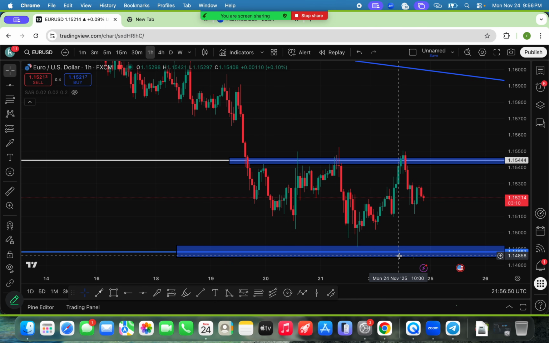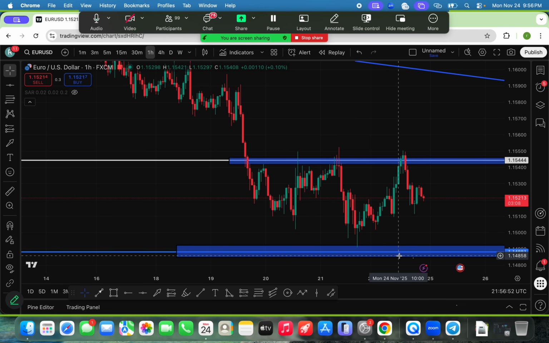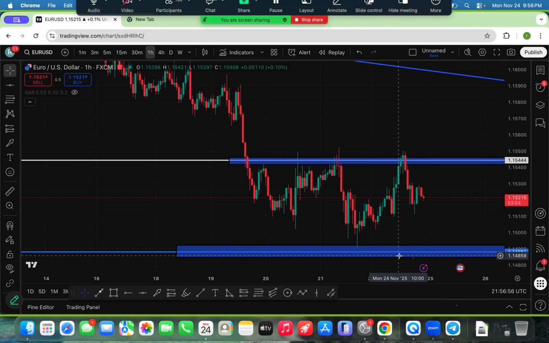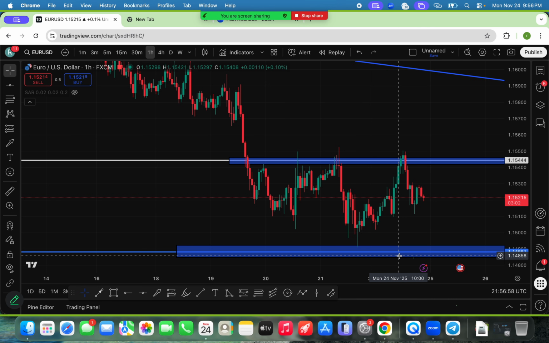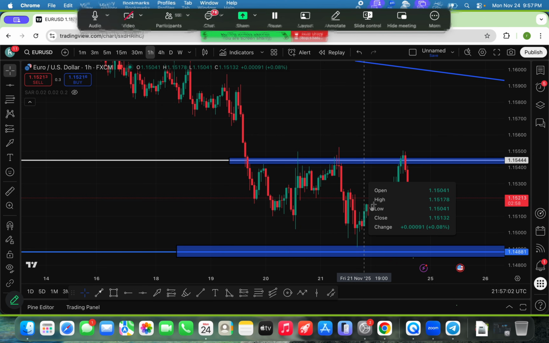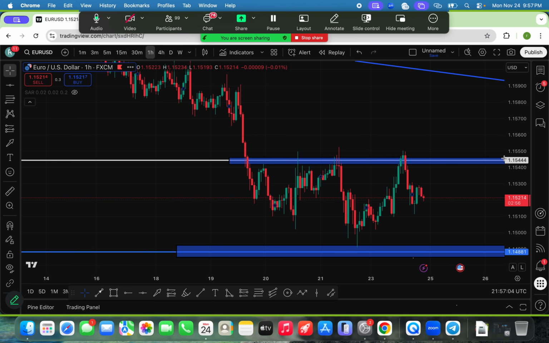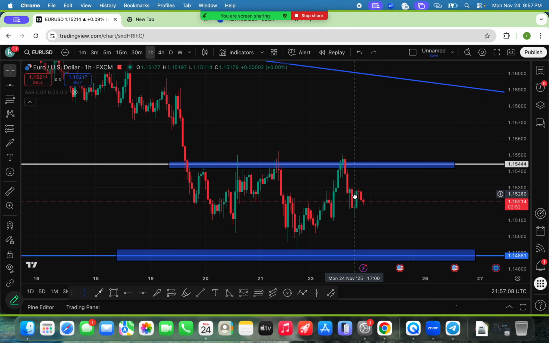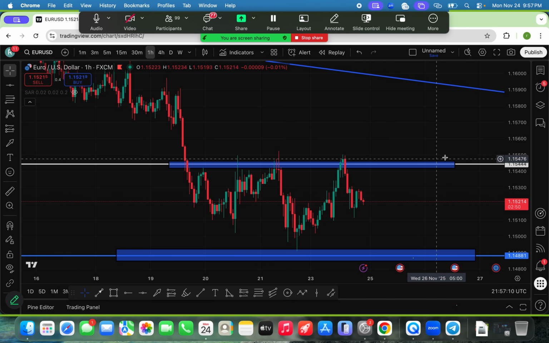Immediately after price breaks a particular place, can we put a pending order there for a retest? You can put a pending order. So me, I don't really like pending orders or whatever. All I'm going to do is set an alarm. So let's say I know price will break this level. I'll just set my alarm.